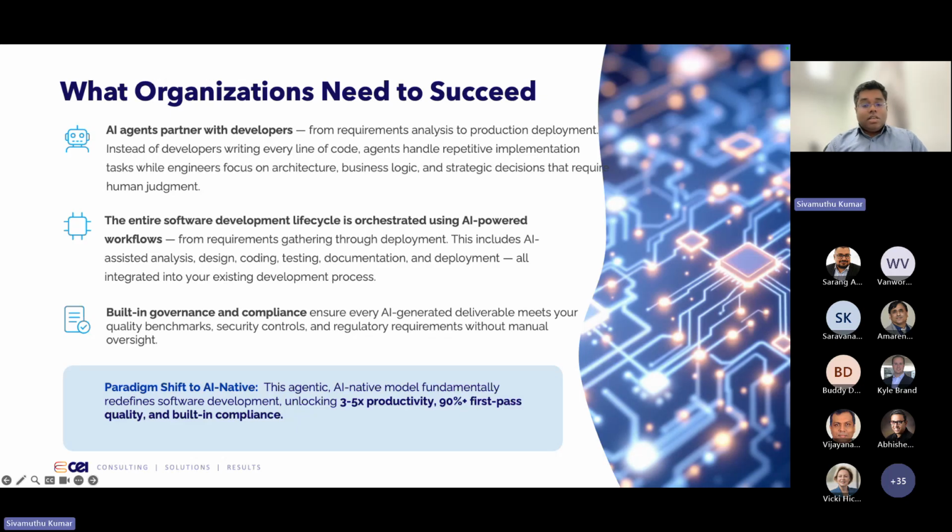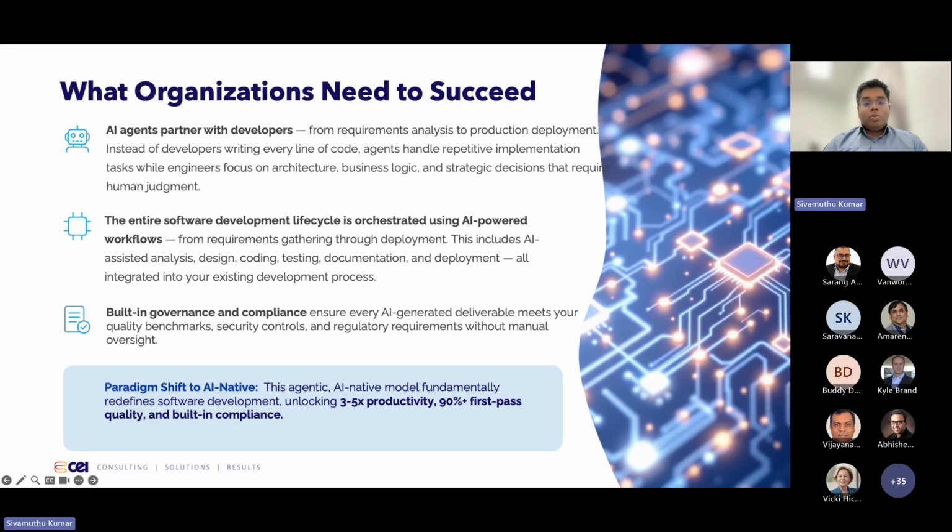Second, the SDLC is orchestrated with AI baked in. Requirements, design, code, test, documentation, deployment, all of these can be supported or generated by AI-powered workflows. And third, we should not forget security and quality governance. The governance has to be built in, not bolted on.